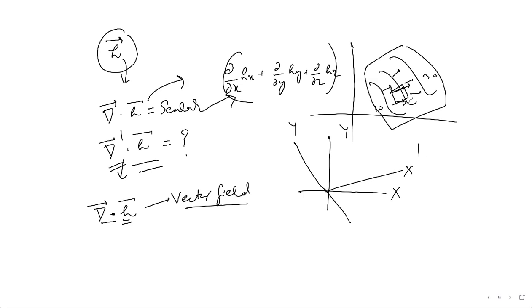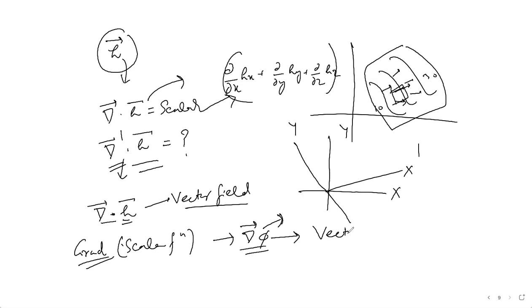That's what I said, there are various ways you can play with this operator. The first thing you know is how to define the gradient, grad of some scalar function phi. It is basically a vector function. So the idea was to generate a vector function out of a scalar function through a vector operator. You see my point?